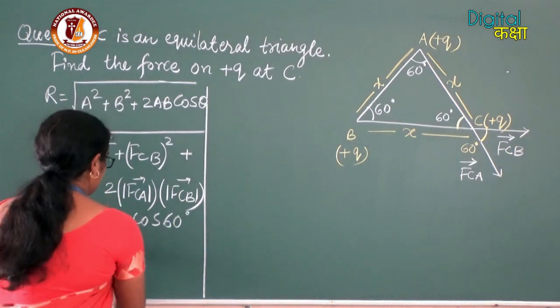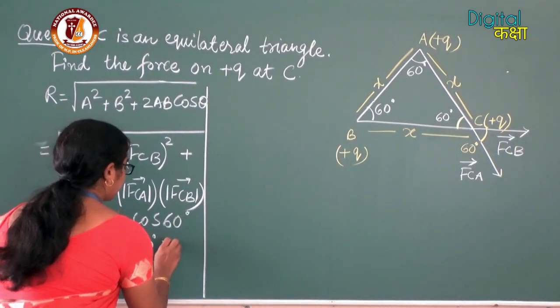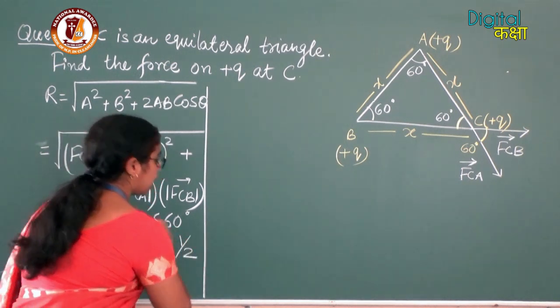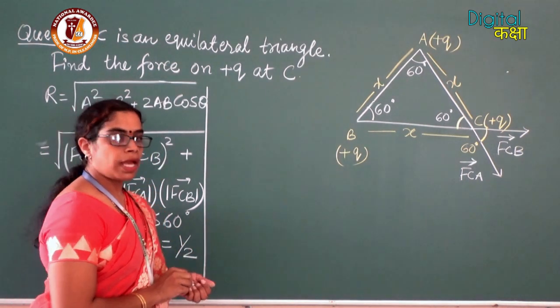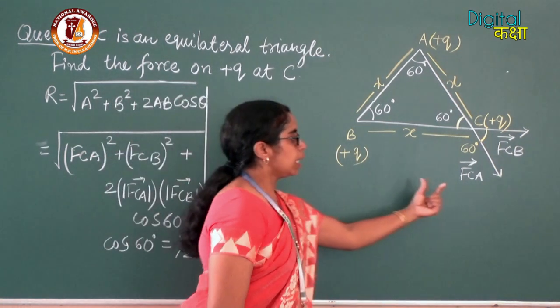We know that the value of cos 60 degree is equal to 1 by 2,